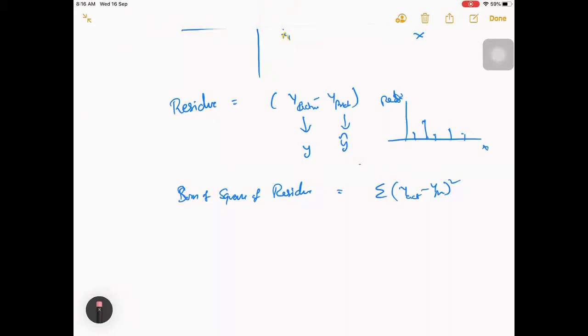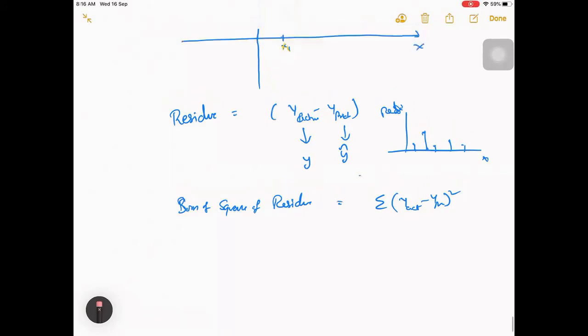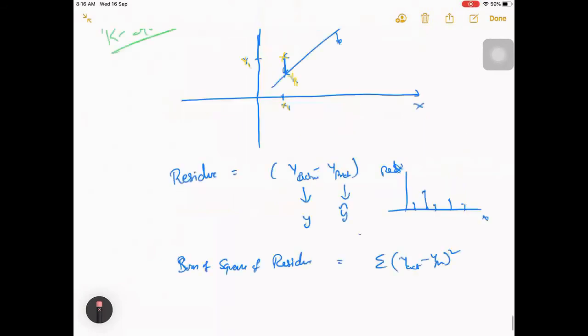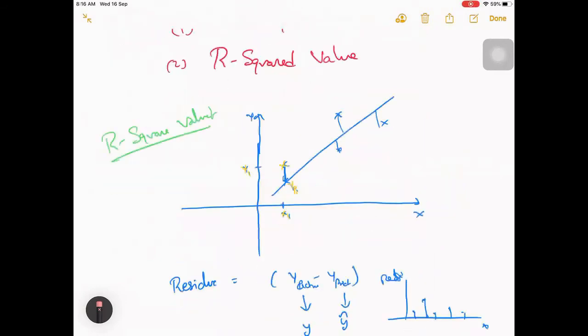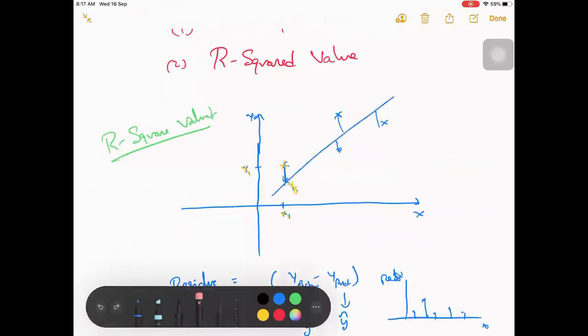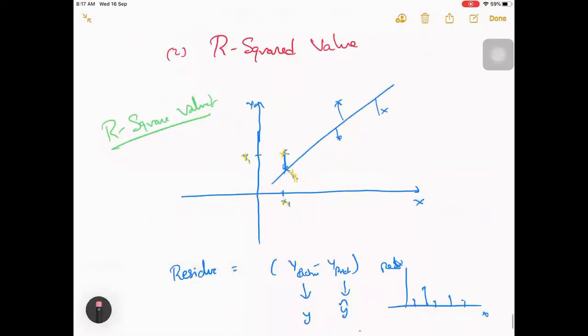But why do we need this? There is one more term like this which is called... just hold on a minute. So what we should be doing is, let's say you have all these y values here, y value here, y value in many places, right?